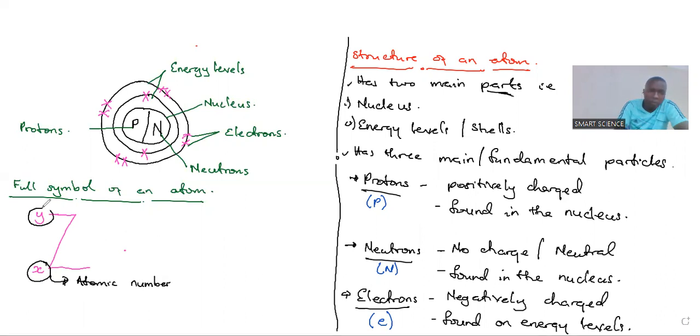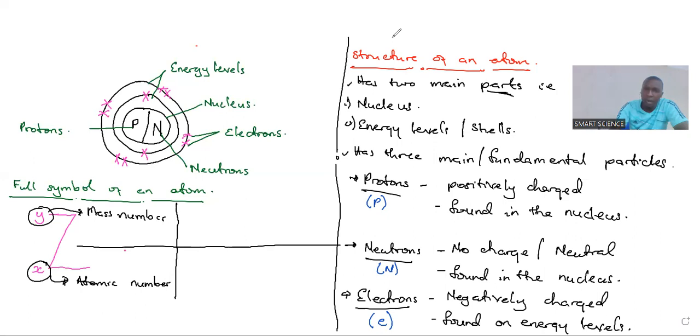And the letter above, which we are calling the superscript, is representing what we call the mass number. So each word has a definition or definitions which we can use to represent the statement. Number one, if I write atomic number, it means I've counted only protons in the nucleus of an atom. So I'll say atomic number is the sum of protons in the nucleus